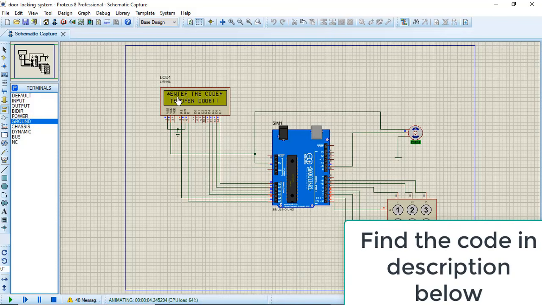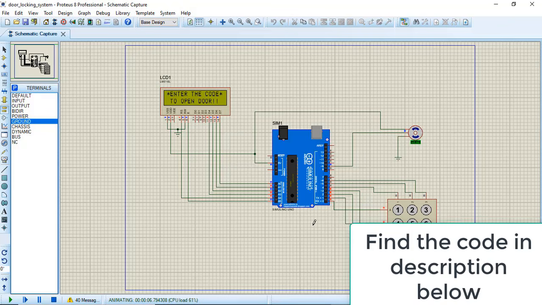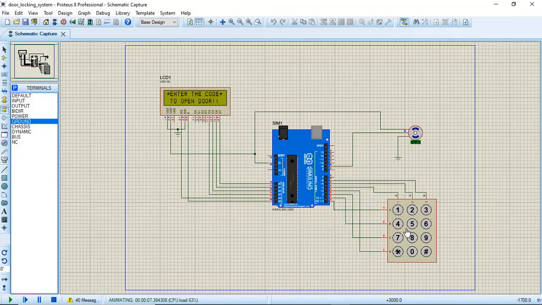First I get this message saying enter the code to open the door. Our next step is to enter an incorrect code and check what the output will be. So we will type some random number, say 4, 5.